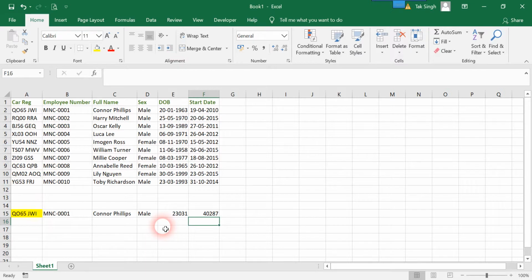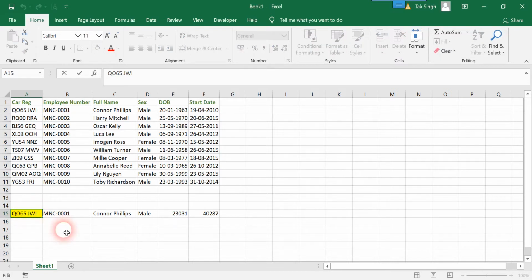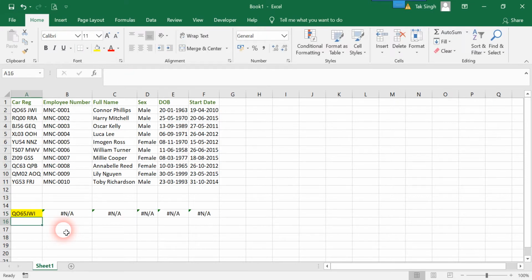And the problem that I'm going to show you that VLOOKUP functions have is that, say I copy pasted it, but if the user is typing it and forgets to enter the space over here, what he will get is an error.